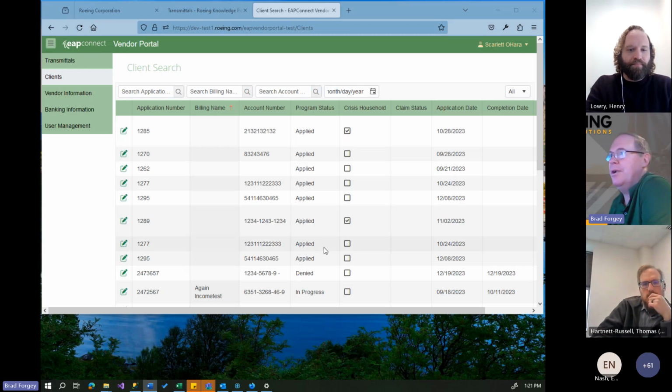So this is the scenario where the client has gone out to the website and gone through the application electronically and filled it out. And then once they do that and they upload their documentation, either themselves or with the assistance of Indiana 211, that gets submitted to the LSP for the county that they reside in, and it will sit there in their intake queue. And ideally, it'll sit there only for a few days, but at the start of the season, obviously,